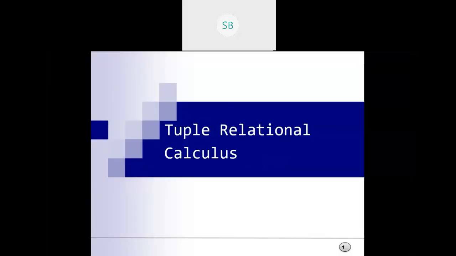So in the last class, we studied relational algebra, where we studied the operators and types of relational algebra. We have the unary operators, where we studied select, rename, and project, and also the set operations, like intersection, union, set difference, and Cartesian product. Later we moved to the joins. Then we studied the natural join, equijoin, theta join.